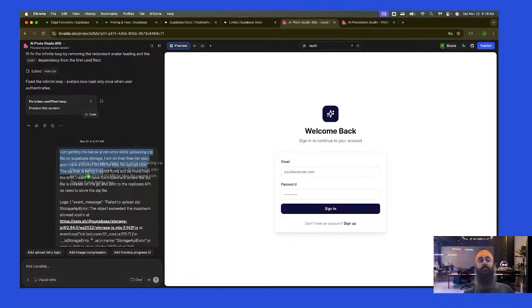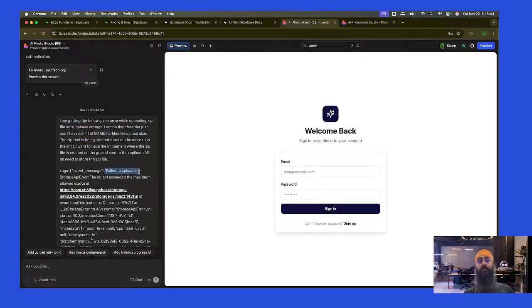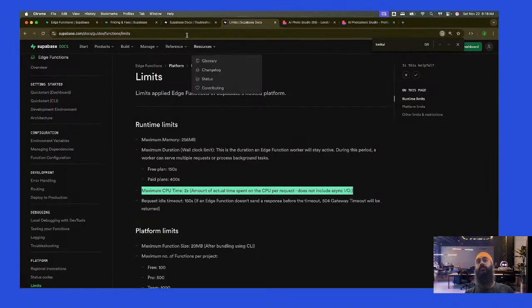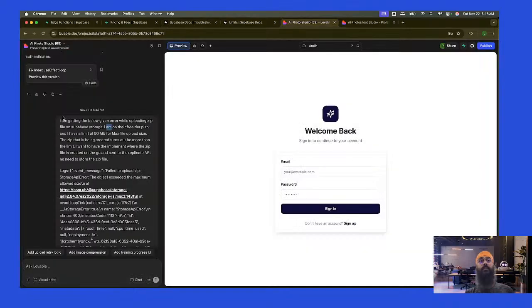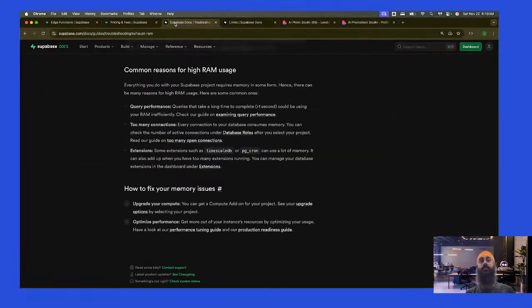So this was the error we were getting initially: failed to upload zip. Okay. The object exceeded the maximum allowed size. Okay, I think this was because the size of the zip file was bigger. What if we just revert it back to this? One option is, what if we just revert back to this version and we just get to the paid version,